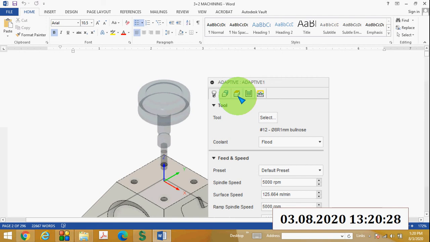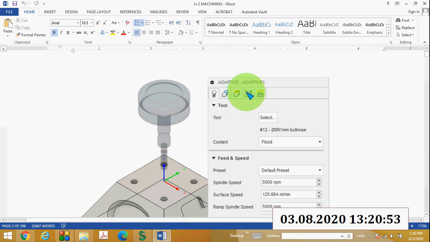Then next is the heights tab. The heights tab is used to control the heights: the top height, the bottom height, the feed height, the retract height, etc. Then next is the passes tab. The passes tab is used to control the tool path. Then finally the linking tab. So these are the different tabs associated with a strategy.